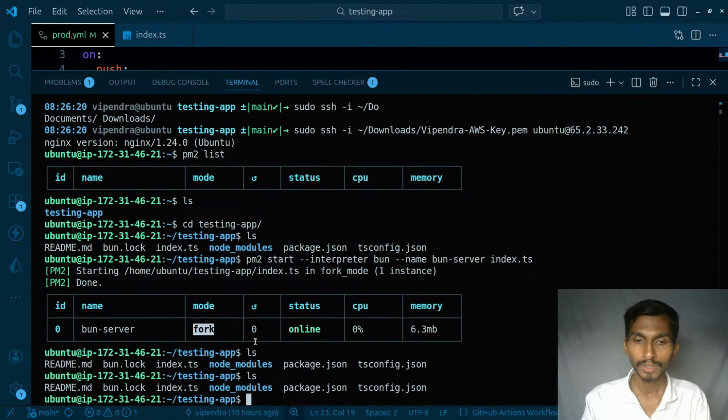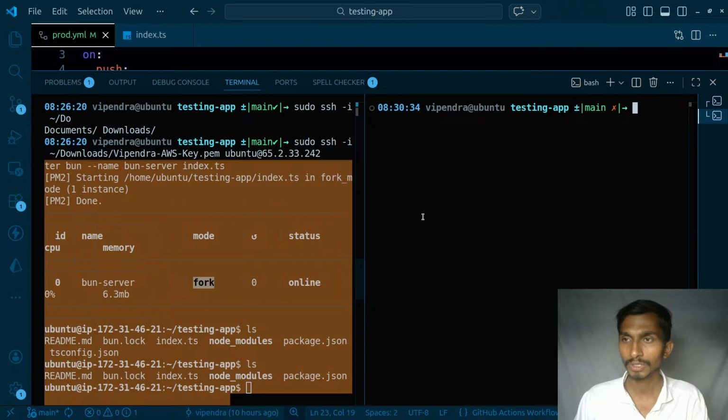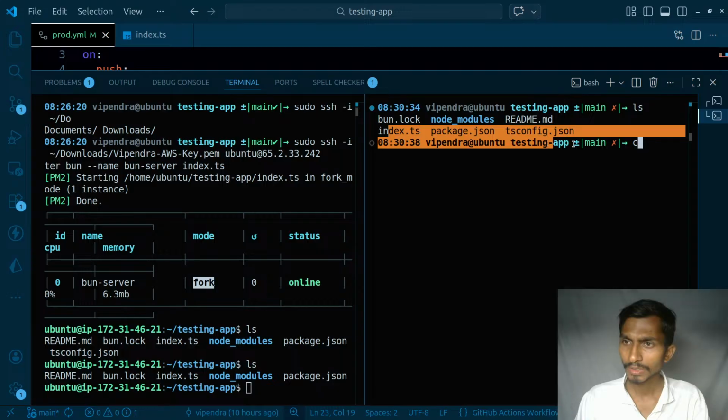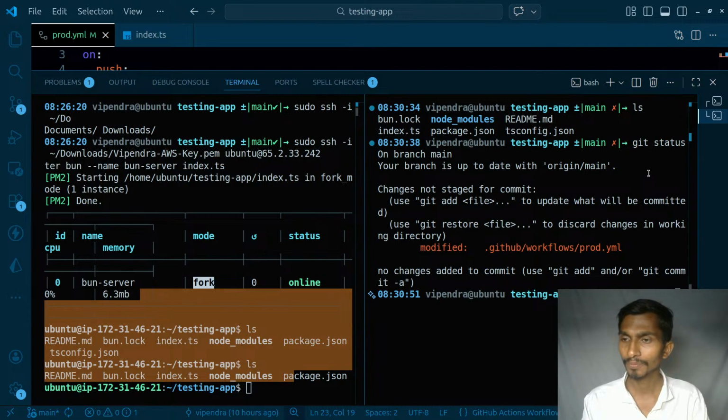Okay, so ls, and let's simply open another terminal just right here. This is part of the EC2 machine. Over here I have my testing app, the weapons input testing app. This is the EC2 machine. This is the part of the local machine. And what will I be doing here? git status, git add everything, git commit -m